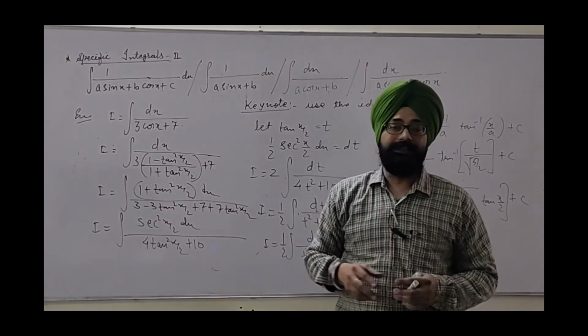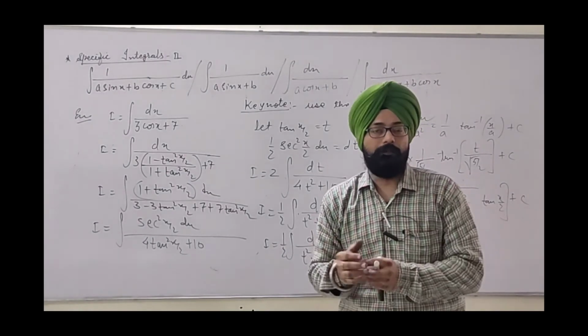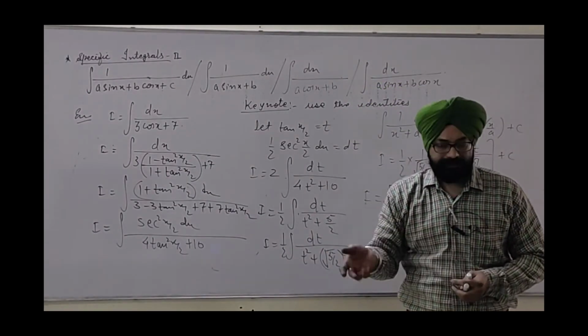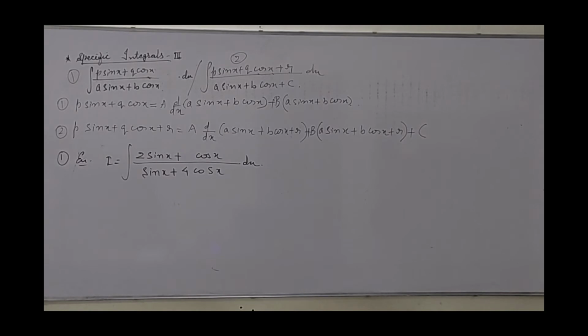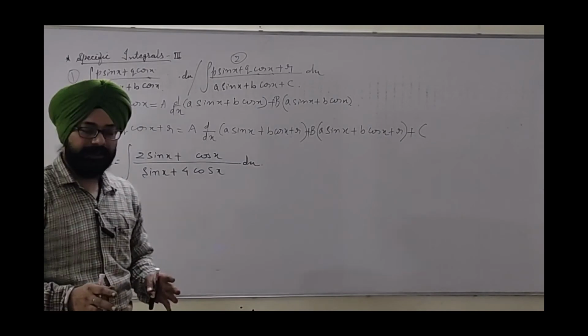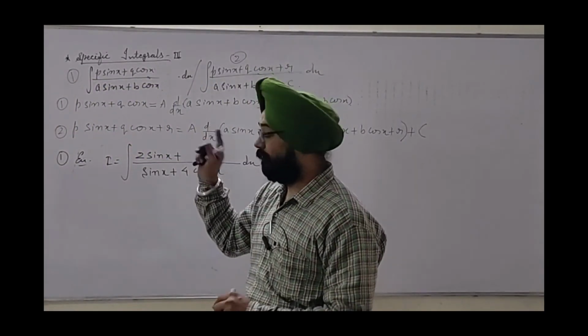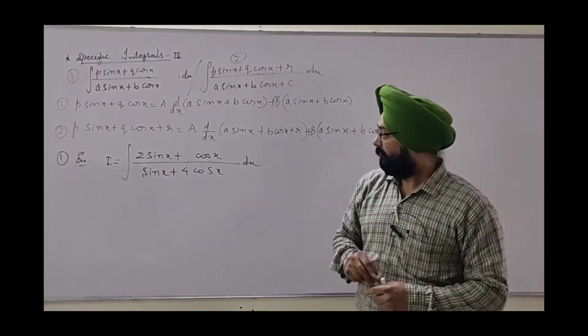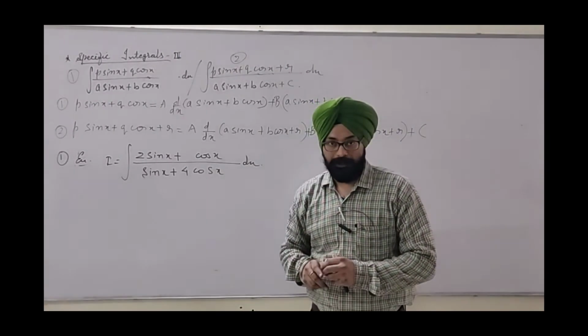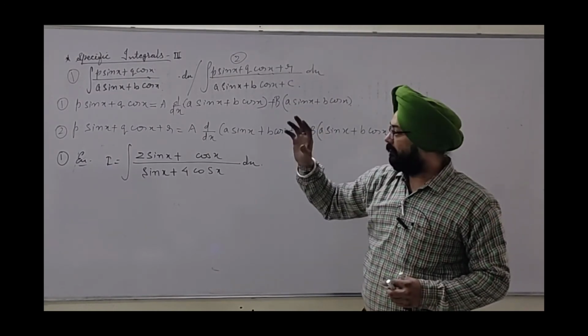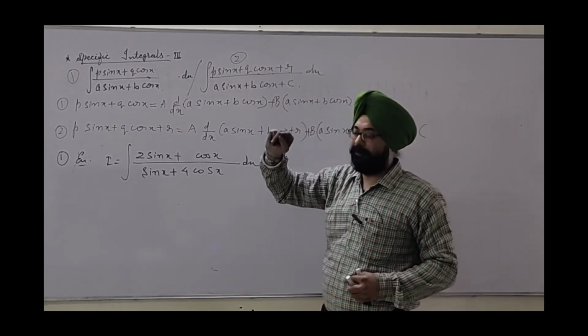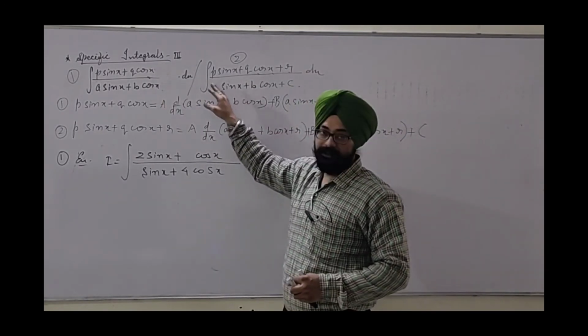Now, as specific integral 3, we have one more pattern which is based on sin and cos. Let's complete that also here in this module. Here we have taken specific integral 3, again based on sin and cos. But this is a bit different from the previous patterns. You can see here we are given this in a fraction form, px upon qx. And specific integral 3 is based on two patterns only. You can see the difference.